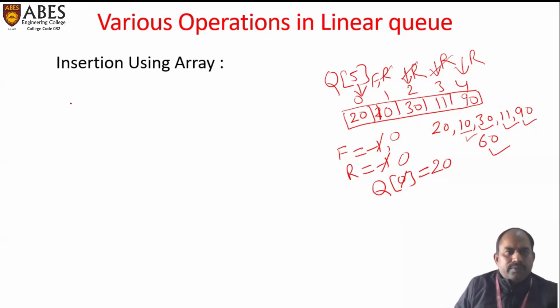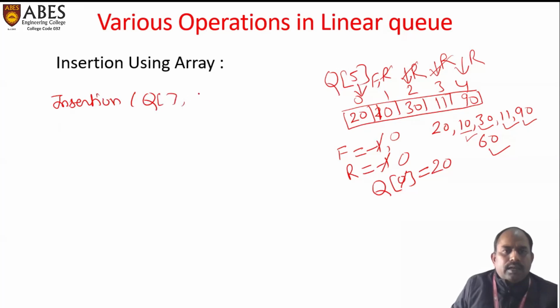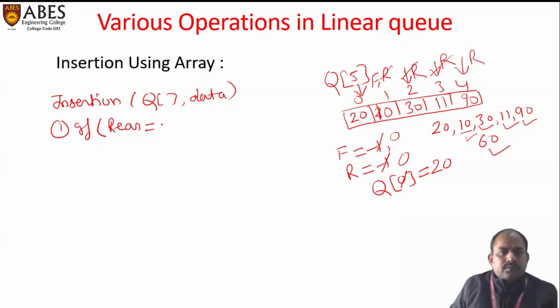Let's see how we write the algorithm for the insertion operation. In the first step, we write insertion in queue, and we have to insert data. First step, we'll write if the value of rear is equal to size minus 1. Size is 5 here, so we write size minus 1. Then